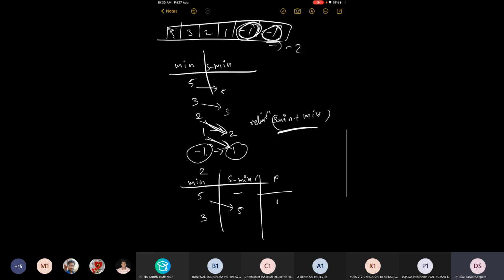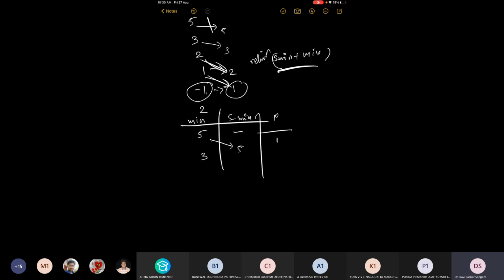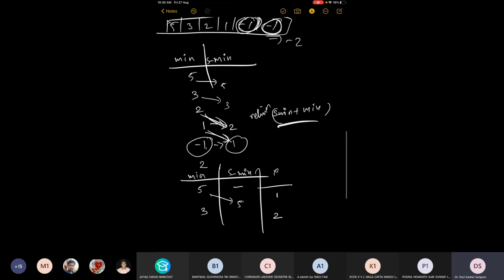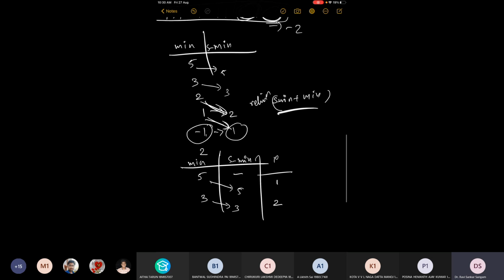We have only the greater than symbol. When I equal to 2, we compare 3 with 2, find a new minimum, and 3 is copied into second minimum.